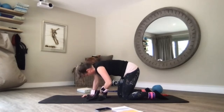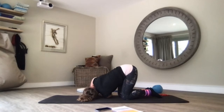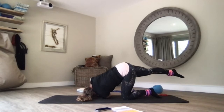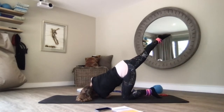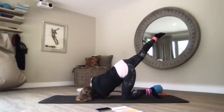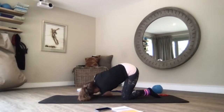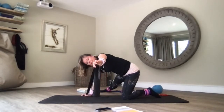Left hand threads underneath right. Pushing into that right hand. So I'm really thinking about rotating my upper spine only. Some of you might want to lengthen and lift that right leg. Now, if you're doing the lift, see if you can get that leg lengthened and lifted as high as you can. And really lengthen and lift it out to the side, using your glutes. As you unthread your left arm out to the side,